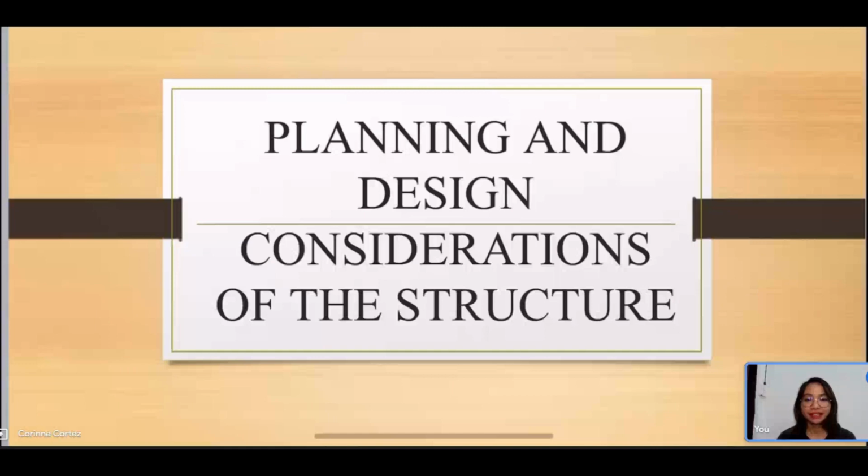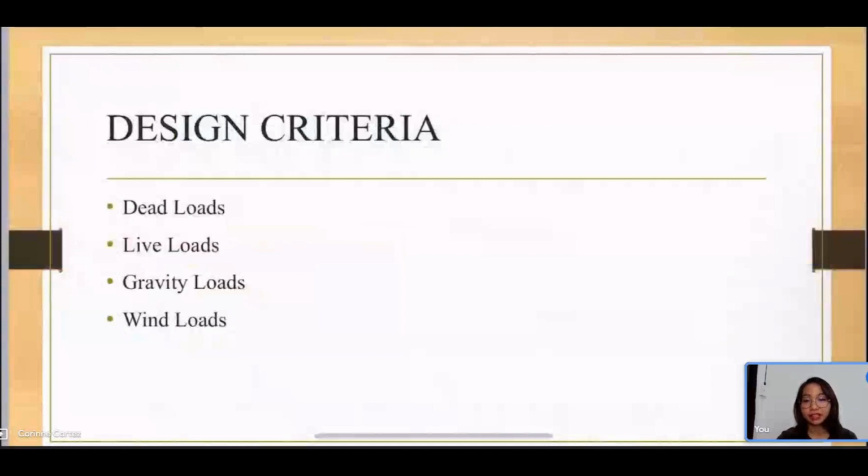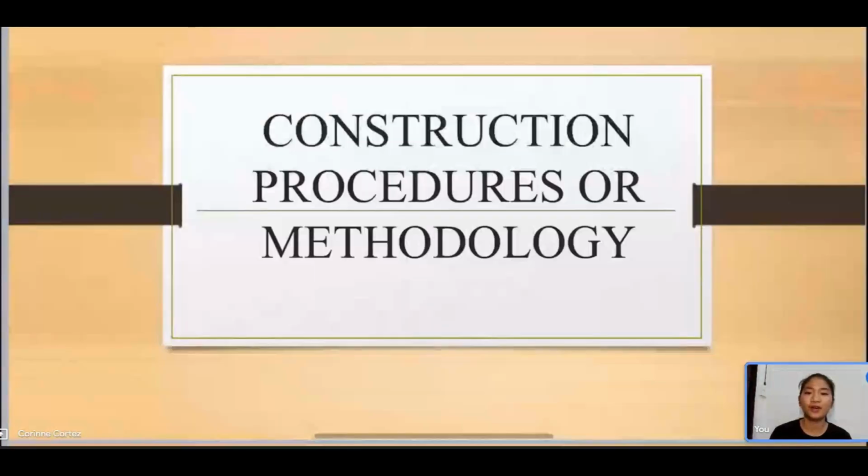So for planning and design considerations of this structure, we have here the design criteria, the dead loads, live loads, gravity loads, and the wind loads. And according to the designer, we must consider under gravity loads. The top and bottom chords of the truss provide the compression and tension resistance to overall bending, and the bracing resists the shear forces. For the construction procedures or methodology,